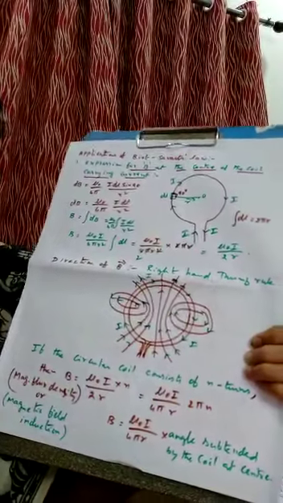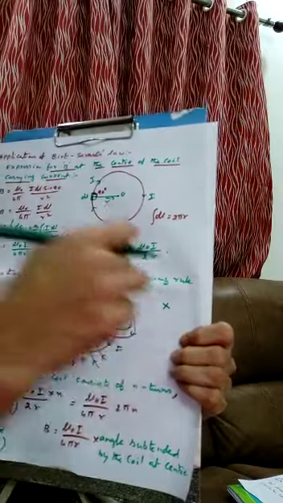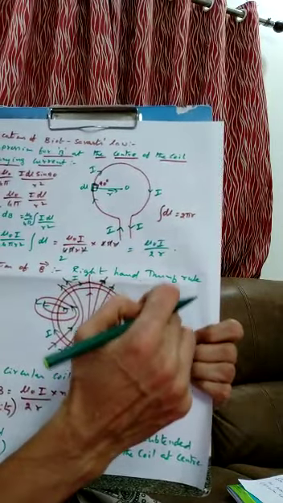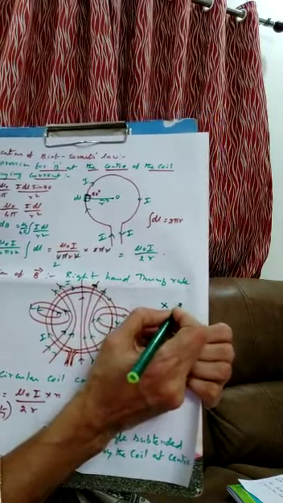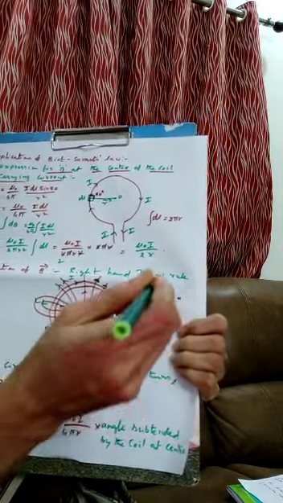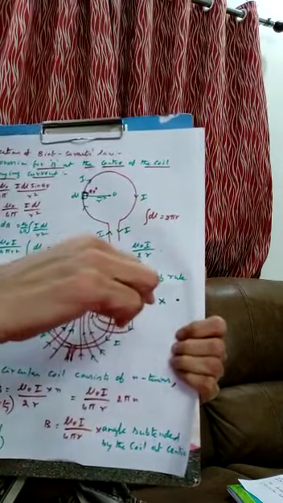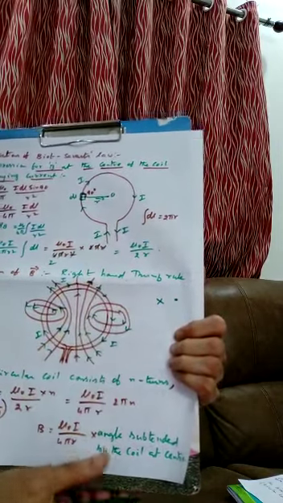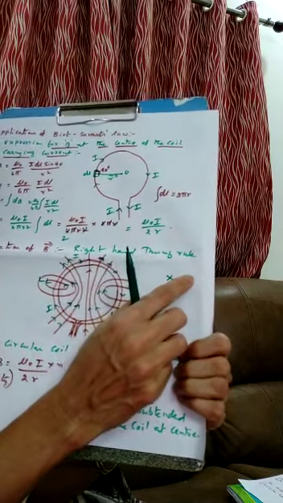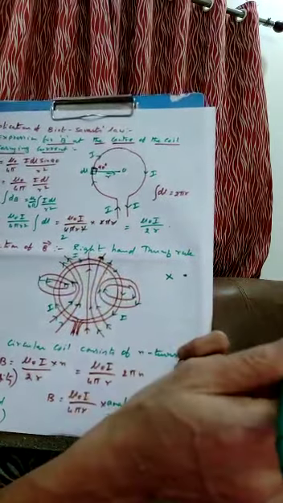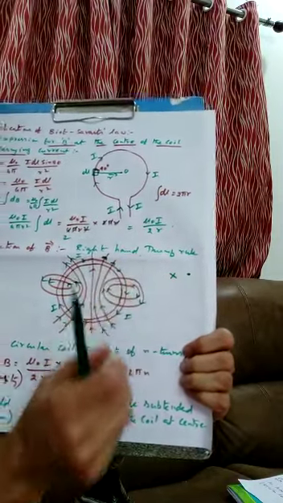Whenever you draw the magnetic field on the paper, if it is a cross, it means inward, perpendicular to the plane of the paper. If you draw a dot, what does it mean? It is outward, towards you, perpendicular to the plane of the paper. Cross means inward. Remember, it is very important in the entire chapter, we always use it. Dot means outward to the plane of the paper, and cross means inward.